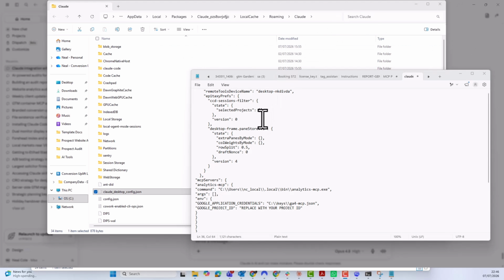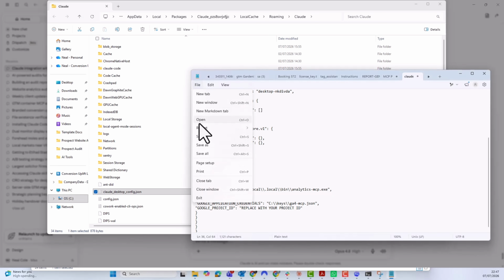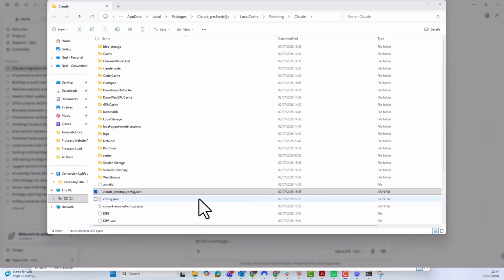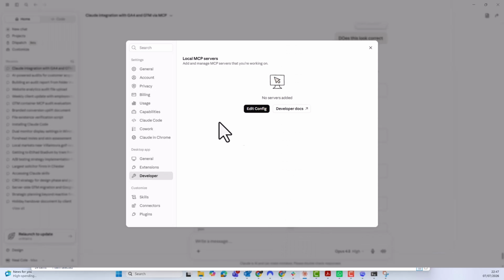Okay. So on checking with Claude, we discovered that the command line wasn't quite correct. We needed 2 backslashes in here. We only had single ones, so that's corrected. It's also noticed that we need to add the project ID, so that also needs to be corrected. So what I'm going to do is just go back to Claude. I'll pull File, Exit, and then if we bring Claude up,